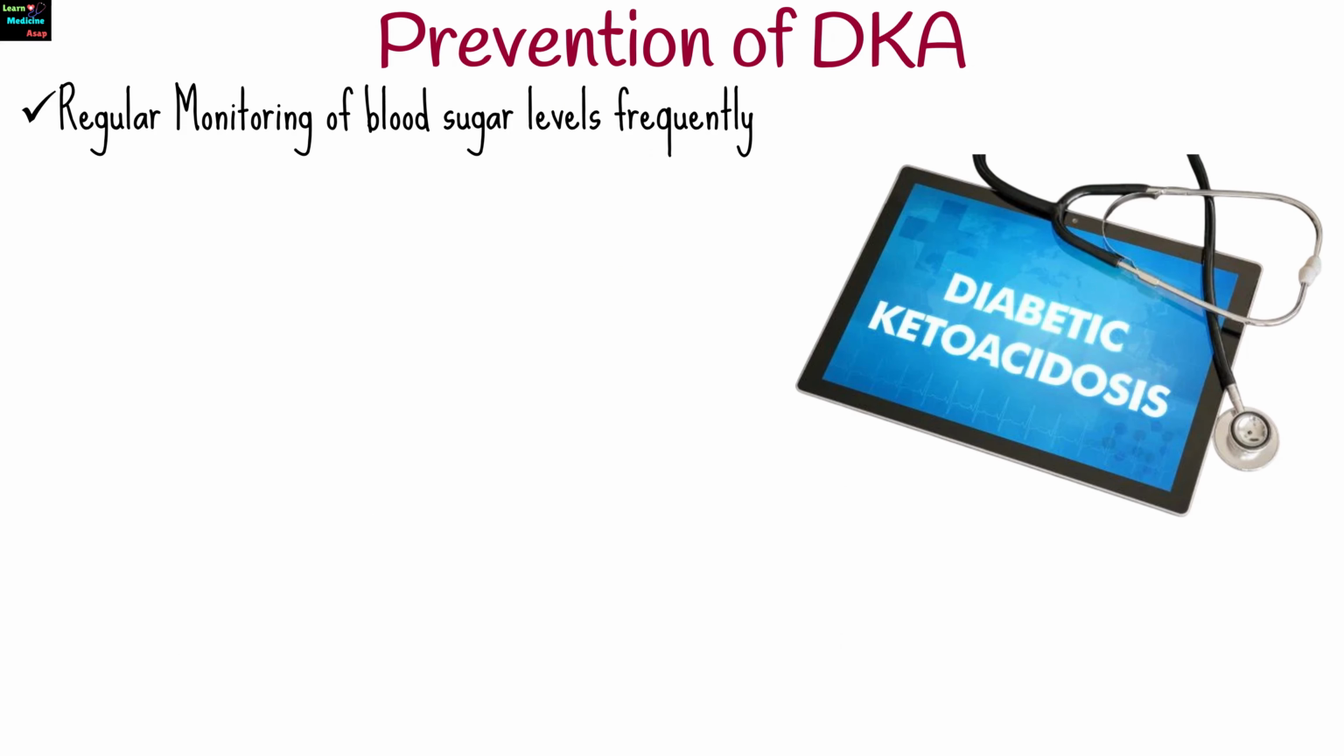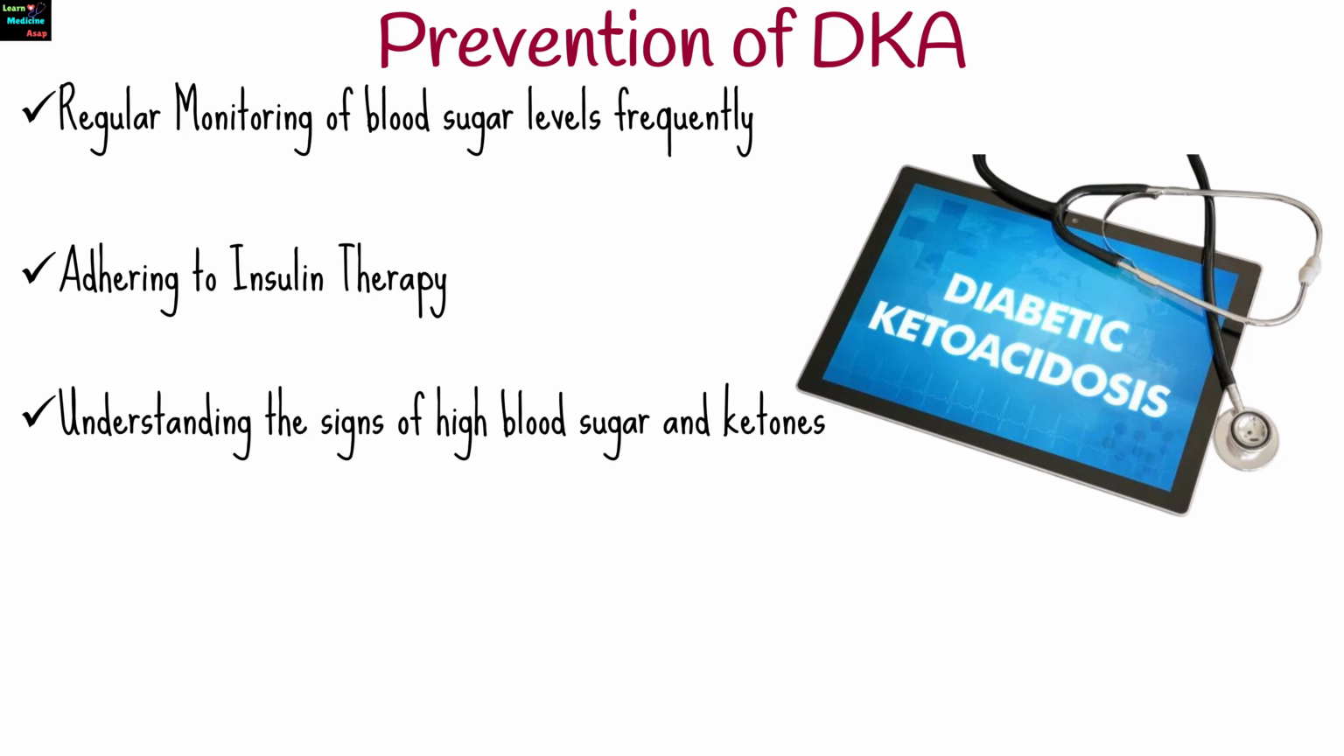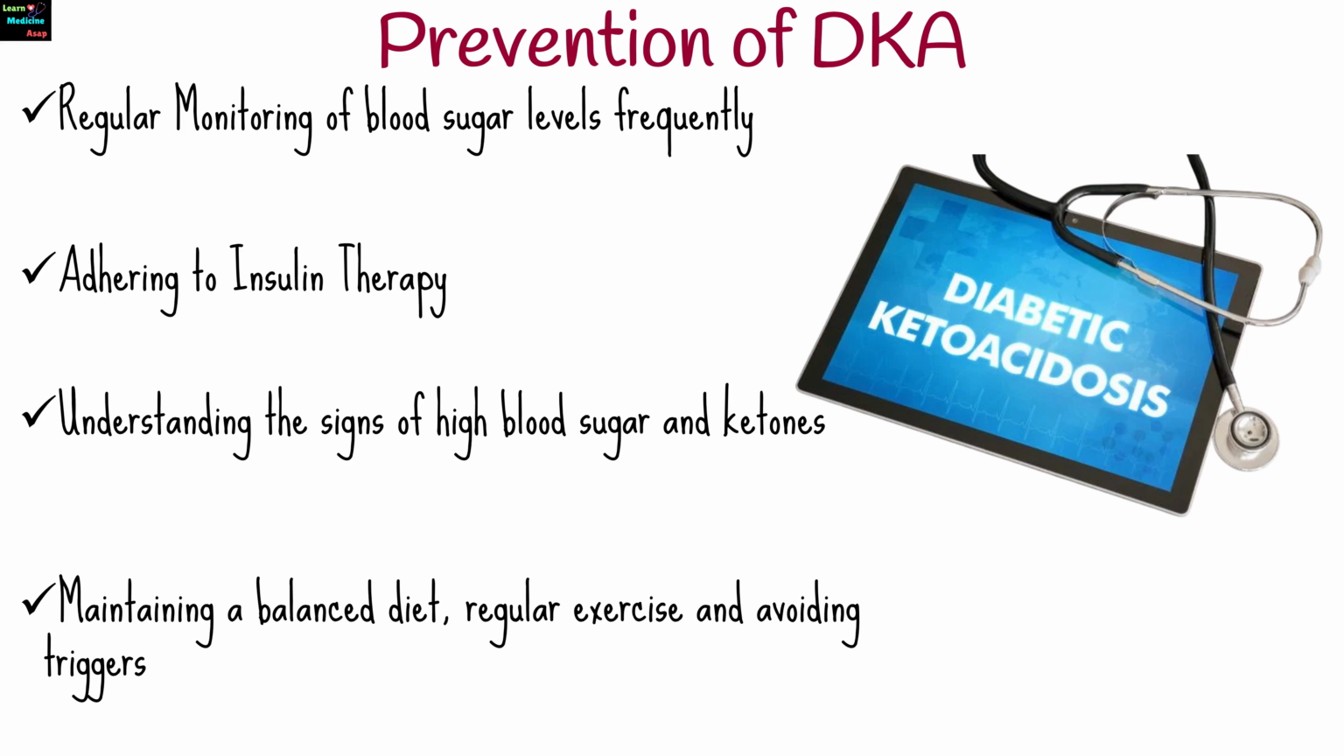Preventing DKA involves several strategies to manage diabetes effectively, including keeping track of blood sugar levels frequently, ensuring that insulin is taken as prescribed, understanding the signs and symptoms of high blood sugar and ketones, maintaining a balanced diet, regular exercise, and avoiding triggers